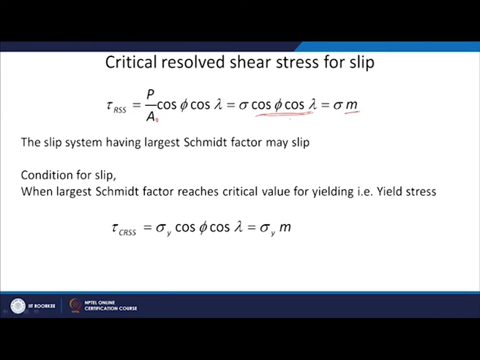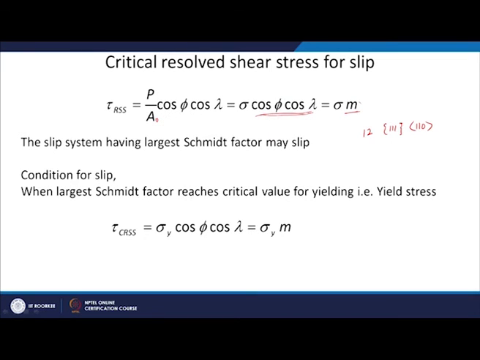So, now what we will do is, we have 12 slip systems, 12 arrangements of 111 plane and 110 direction. Now, we do not know for which one the tau RSS is going to be maximum. So, what we will do, we will determine this particular factor for all the planes with respect to the tensile axis, and for whichever it is going to be maximum, that system is of interest to us. So, the condition for slip is the largest Schmidt factor. So, the largest of these 12, whichever comes. So, out of these 12 one will be the largest